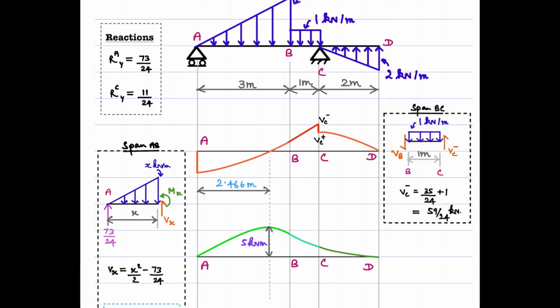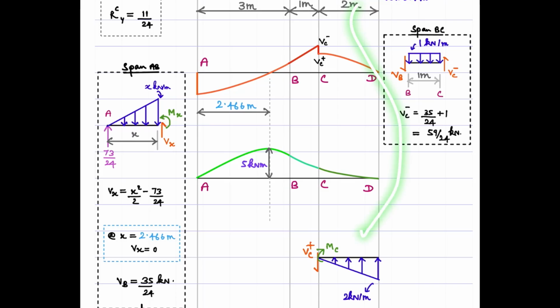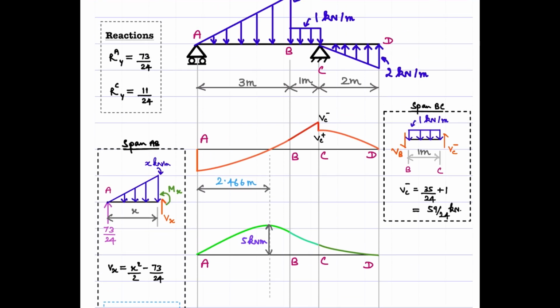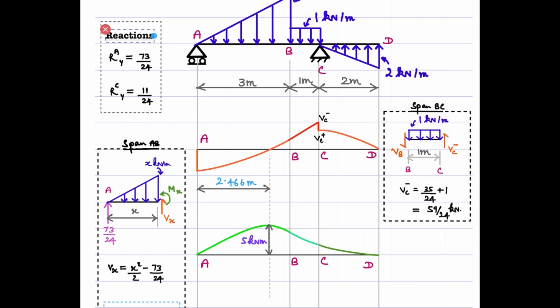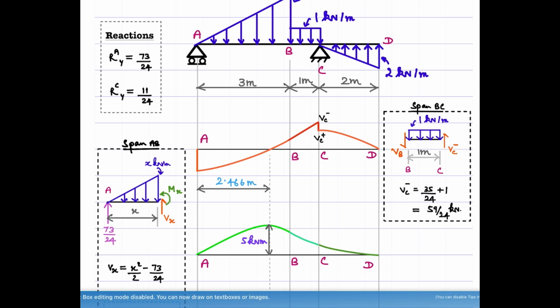All right. Now you also need to know what is VC plus. And you may also require the value of bending moment at location C. So I am going to take this portion, drawing the free body diagram corresponding to that portion here, from which I will determine the value of VC plus and MC. So this MC I'm going to use here for the bending moment diagram. So once you know this VC plus and VC minus, you can say which way the jump discontinuity should be. Okay, so you have VC minus greater than VC plus here, so it has to come down like this. All right. So after doing that,